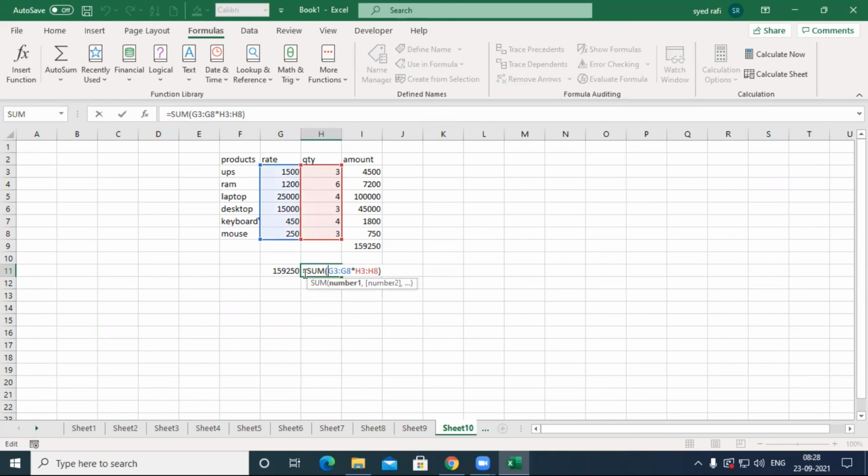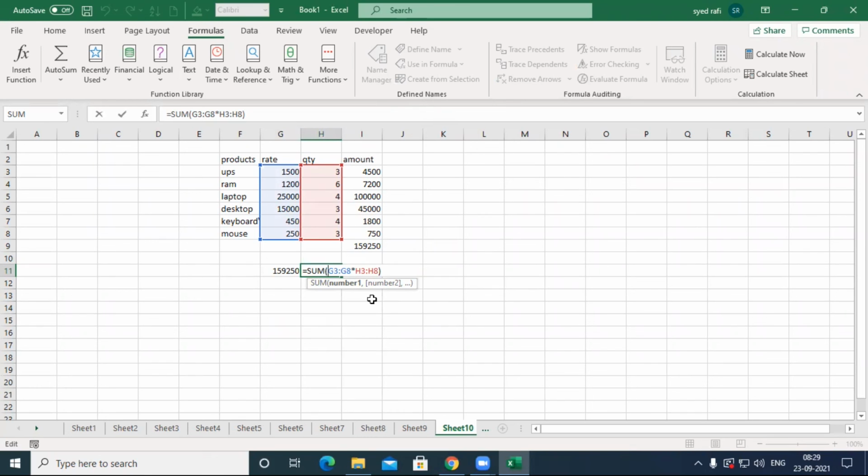This is one of the techniques, but in Office 365 it will be accepted, while in other versions you can't do this. Office 365 has a kind of artificial intelligence that automatically detects and gives the correct answer.